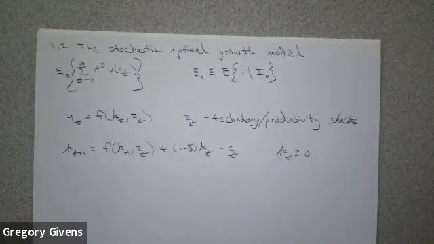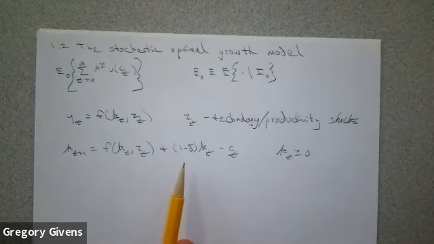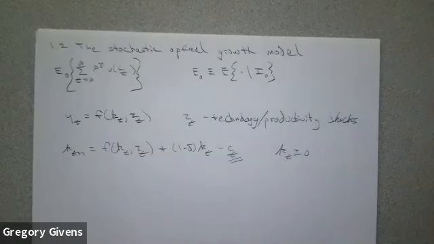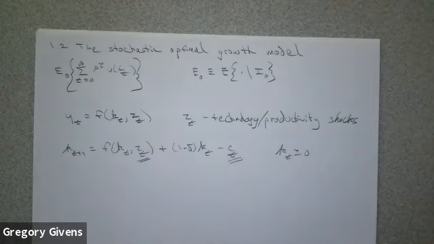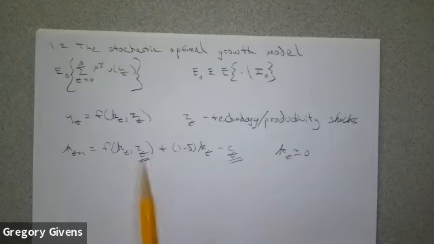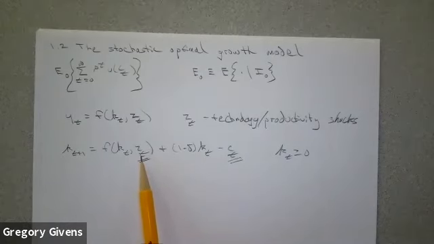Now this is important because this setup here, this formulation of the resource constraint, implies that at the time the planner is choosing consumption at date t, the value of the shock has already been observed. So just like Z0 is observed before the planner makes decisions about consumption and savings, if we think of this as period by period, then the realization of the shock occurs at the very beginning of date t.